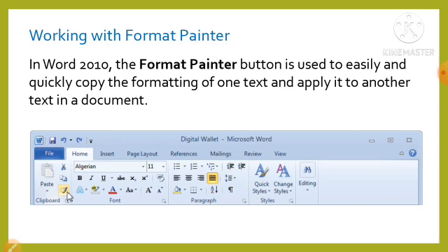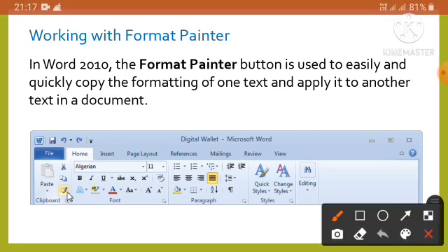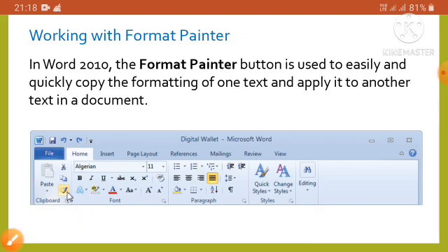You can click the Format Painter button available under the clipboard. Here it is, the clipboard. Just click the Format Painter button available under the clipboard group of the home tab, as shown in this figure. If you do not want the same formatting that the whole document has, you can clear all the formatting by using the clear formatting button available under the font group of the home tab. Got it? Go to the next slide.